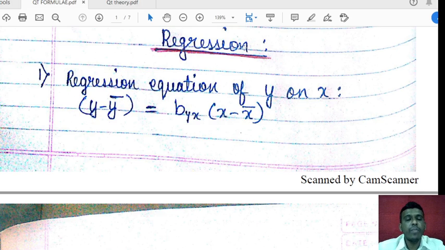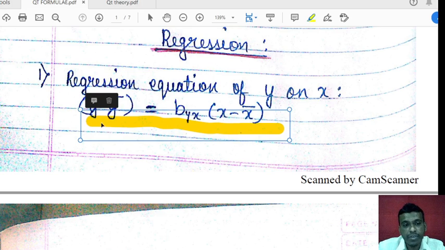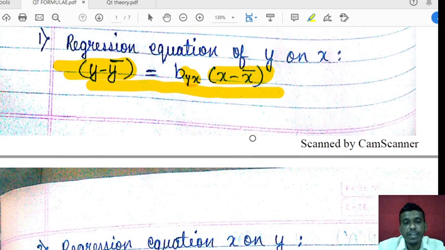So we'll see some formulas which we have seen in the previous class also, but we'll just continue with the same thing now. The regression equation of y on x, we have seen: y minus y bar equal to byx multiplied by x minus x bar. Here y on x, y is coming first, all these are y related things. Then we have x minus x bar, x related things. Y is coming first, then x is coming, and in y on x also, y is coming first and x is coming later. So you can see clearly how this formula is set up.